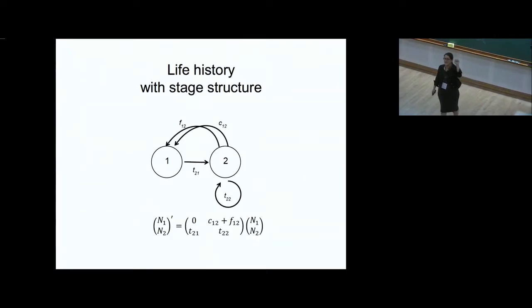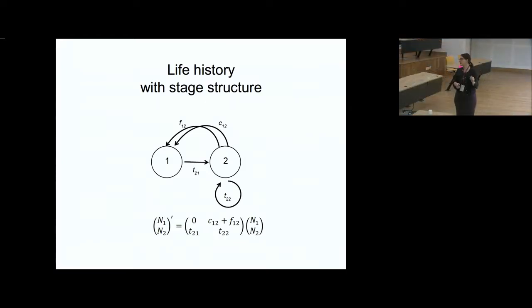Now, we also looked at toy model number 2. This is the second, less simple one. It's almost as simple as before, but now we have 2 stages. Now you can move from this stage to the next, and you can stay in the same stage. And again, we have reproduction by sex and clonal reproduction. Now we actually do have a little tiny matrix to play with. And we ask the same thing.